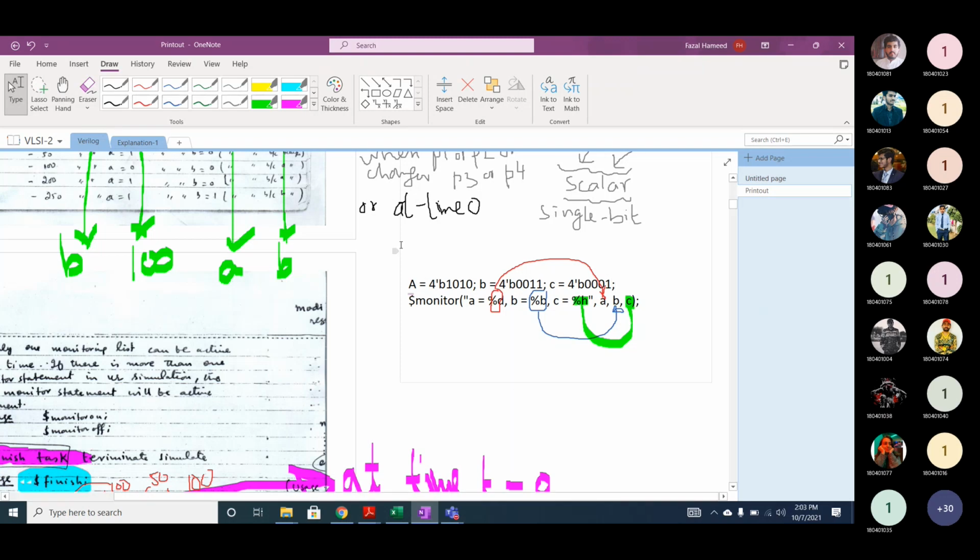What will be displayed? Can anybody let me know what will be displayed for this example? A, B, C in binary. A is equal to what?